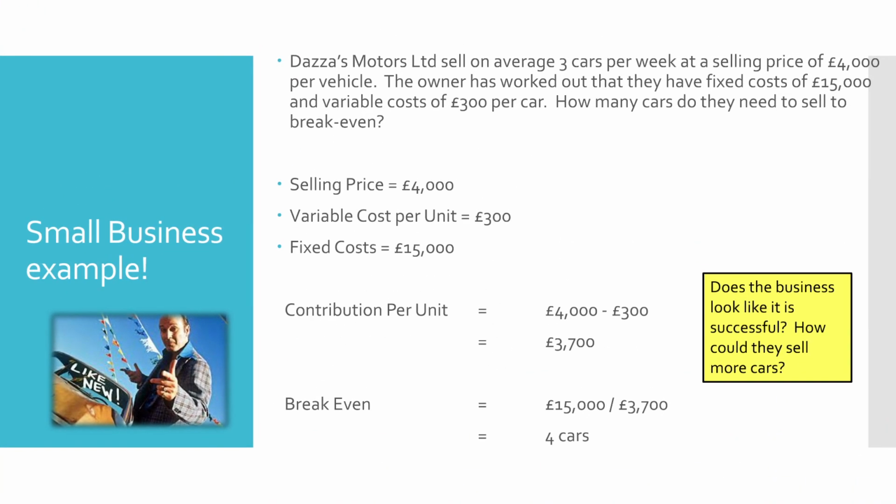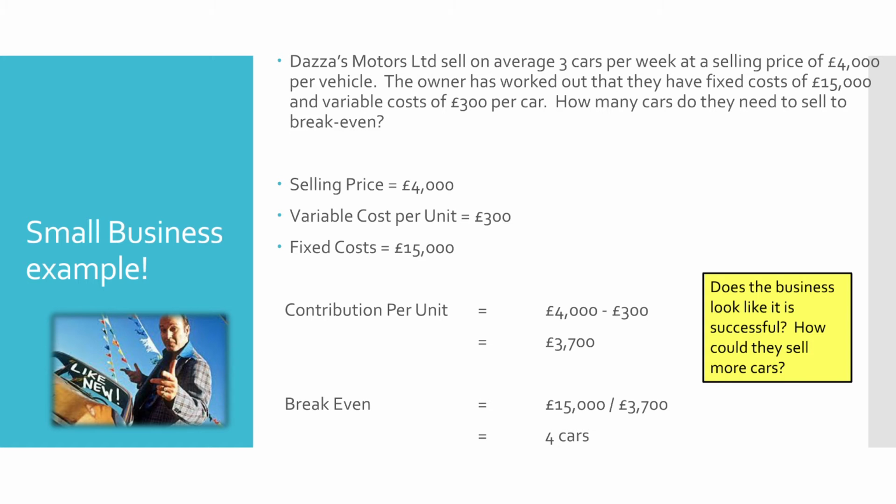So back to Dazza and our small business example. So if he sells on average 3 cars a week at a selling price of £4,000, and he's worked out that the fixed costs are £15,000 and the variable costs are £300 per car. So now we can look at how many cars Dazza needs to sell in order to break even. So we have our selling price, £4,000, variable cost,